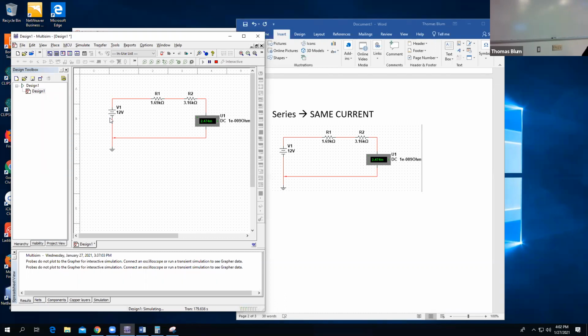Typically, it's heat. So the resistor will use up the energy and convert it into heat. So if you like toast in the morning, then you're using a resistor because you've sent some energy through a resistor. That energy is given off as heat and it toasts your bread. Not these lights so much, but